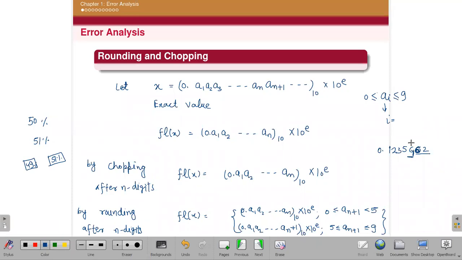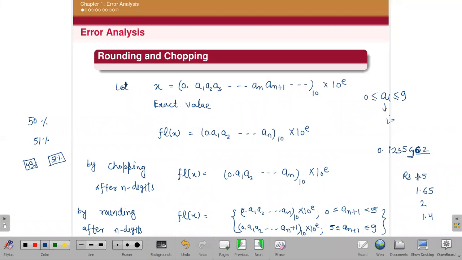Suppose I want to give 1.5 rupees, then it will be okay if I have 50 paise. But if I have to give you 65 paise, obviously I will give you 2 rupees, I will approximate it to 2 rupees. But if I have to take 1.4 rupees from you, then I will take, okay, no problem, you can give me 1 rupee. So that is approximately 50-50 chances.